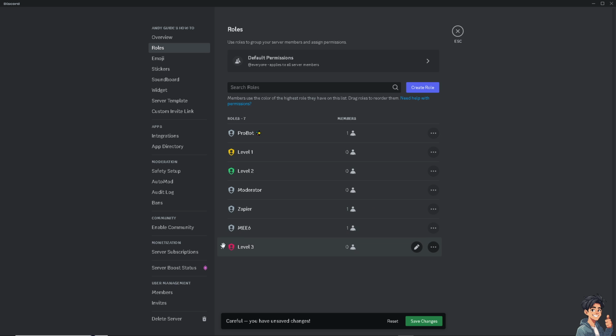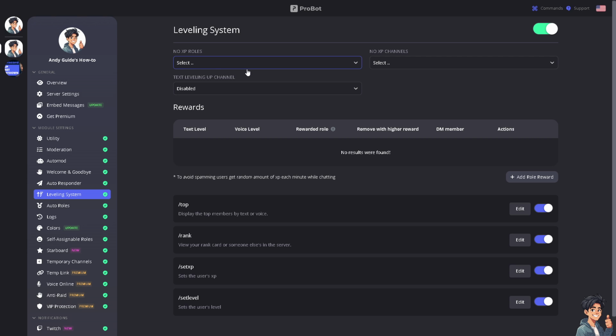This one and this one. And click on Save Changes. Now let's switch over to the Probot now. Once you are on the Probot dashboard, you see there's this section for no XP roles and no XP channels. XP once again means experience, and you can select the no XP roles for certain